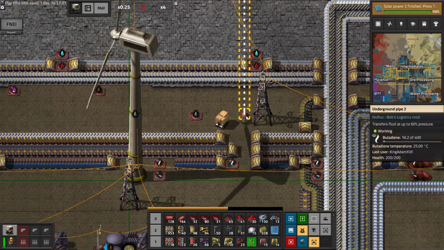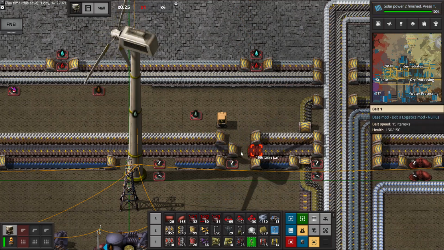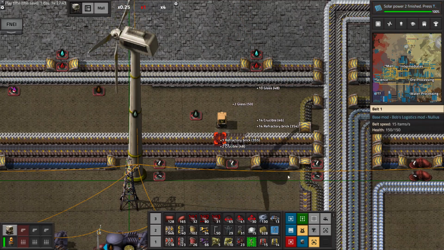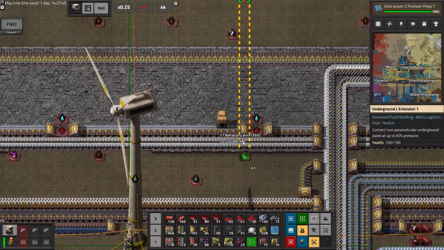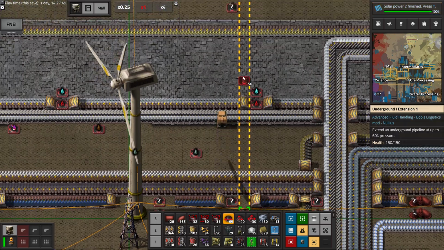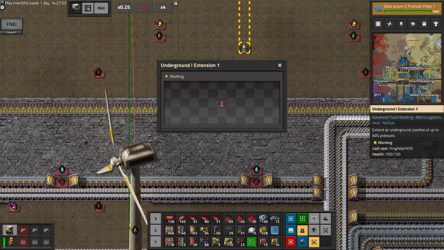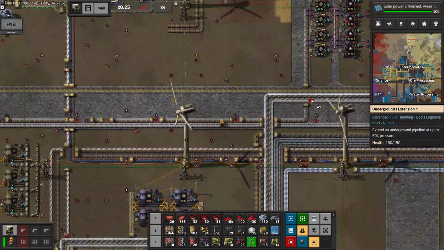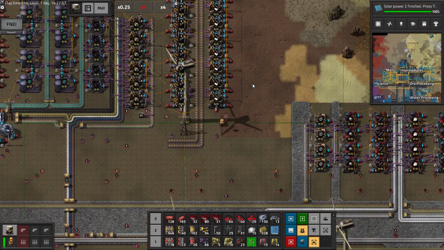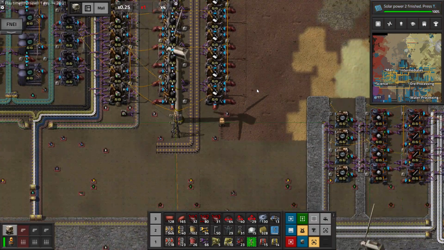That was a silly mistake of mine, wasn't it? All right. Let's get those back in there and then pump up the styrene. And this time we did it perfectly. Why can't we? Oh, yeah, I need to clear out the rest of that butadiene. All right. Whew. And now we're making no butadiene because I didn't have that thing. Now we got butadiene. We just need to bring up the